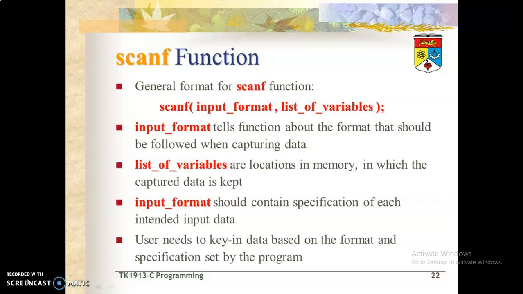The list of variables means if you have to assign a value to your variables, they are stored in memory locations. The input format should contain a specification of each intended input data. You have to mention each input variable and then the input format respectively.